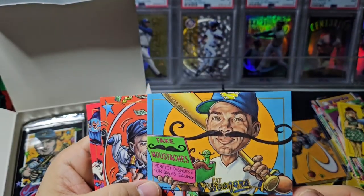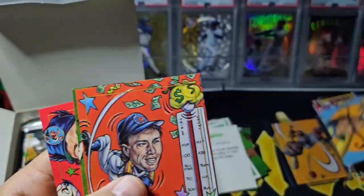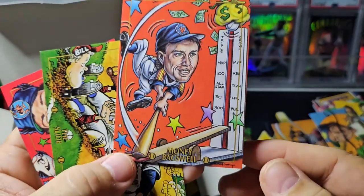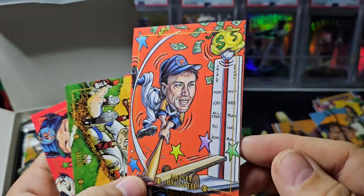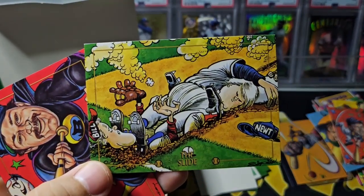I was hoping to hit, I didn't look on the checklist. I was thinking there would be a Griffey in here, but we haven't hit one. We haven't hit the Bo Jackson. There's Jeff Bagwell. This is just, again, another